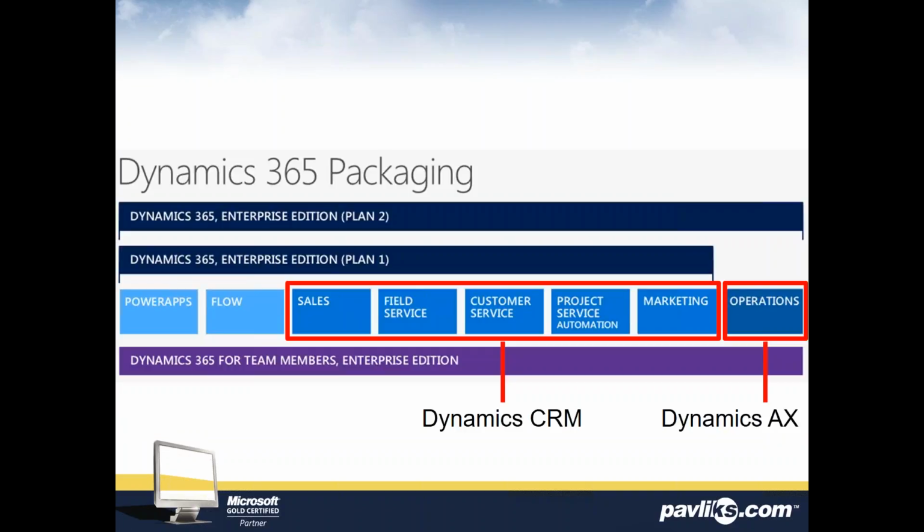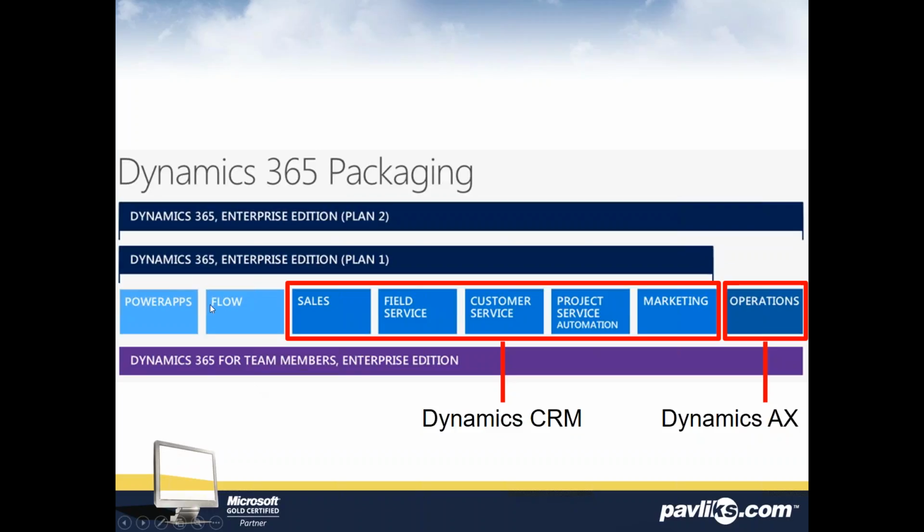So when we look at the packaging and how they break it up, this can be a little bit confusing, and we'll be coming back to this layout a number of times this morning. They've changed the definition into something called apps and plans. So no longer do we talk about CALs or client access licenses or buying a license to CRM or a license to your ERP. You speak to using an app or having access to a plan of apps. That's the new terminology in the world of Dynamics 365.